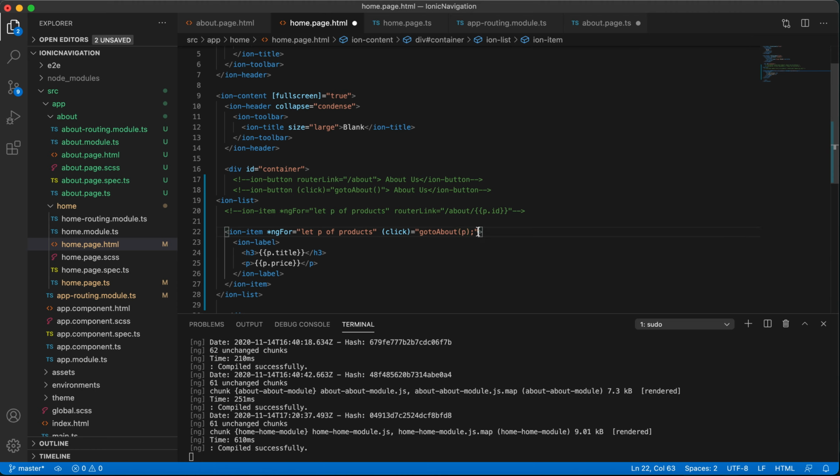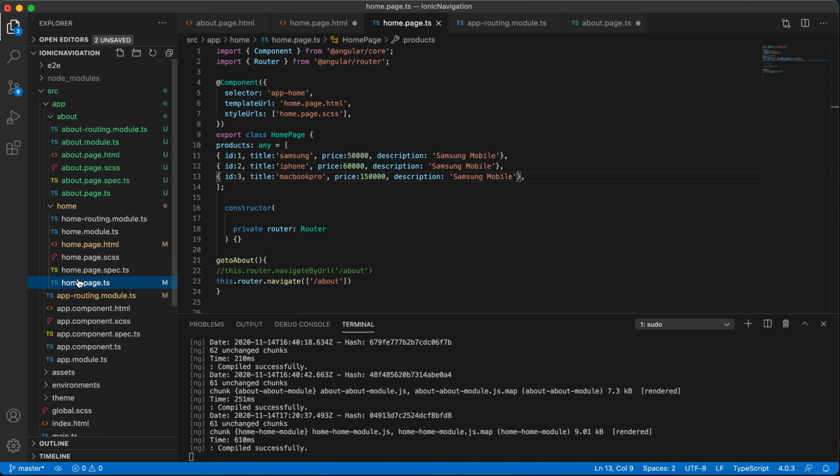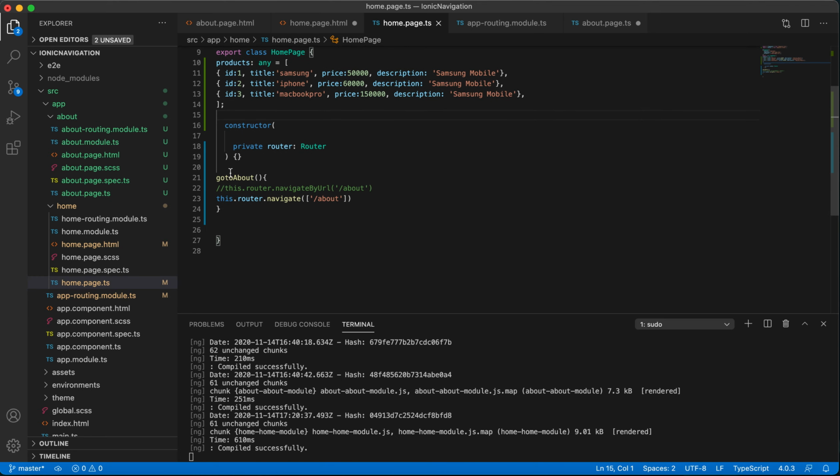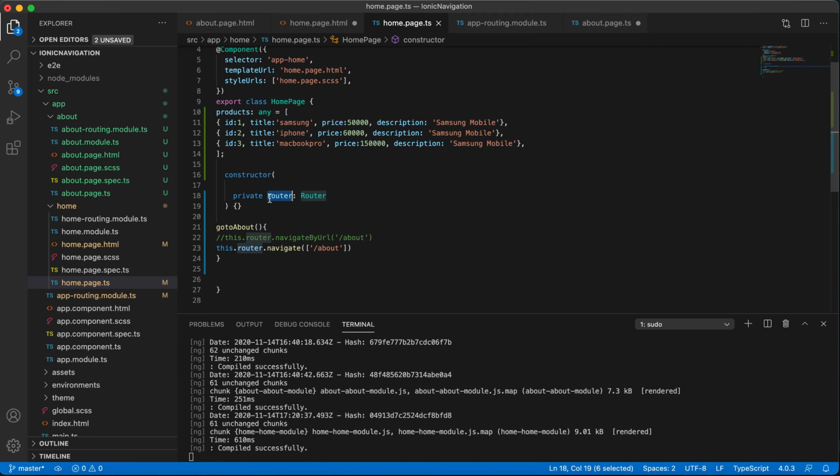So now we need to write a function. To pass the data, we need the router object. So let's pass this.